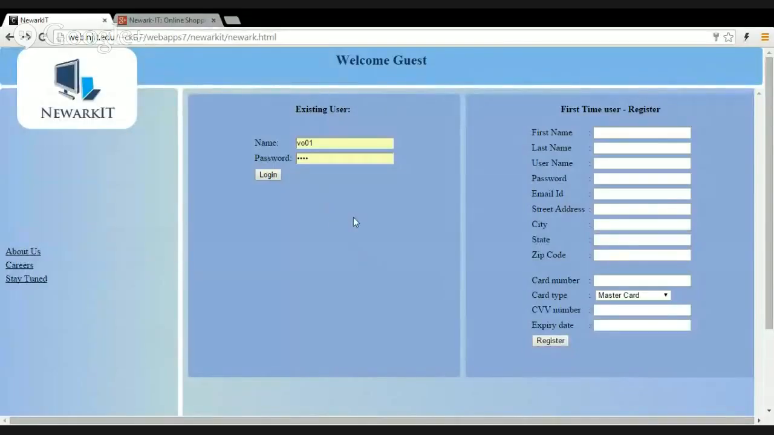To shop in the website of Newark IT, a customer has to be a registered user of the website. So we give option for a new first time user to register with his details, and an existing user or returning user can give in his user ID and password and log into the system. Let me use a user that is already existing,